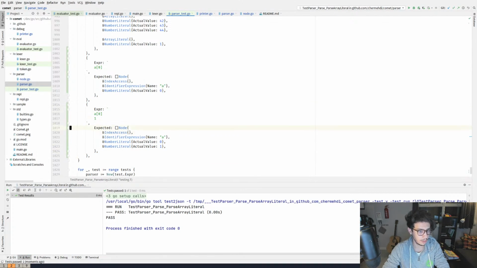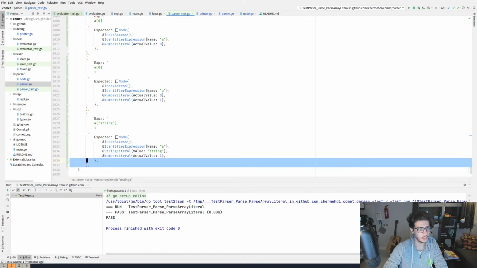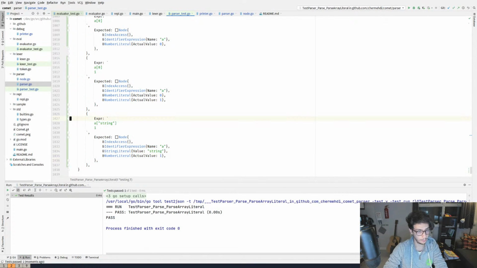How about doing this now? Let's do an array access, but this time with a string. String literal, and the value is string maybe. Yeah, it still works. Now let's change this into a function call.